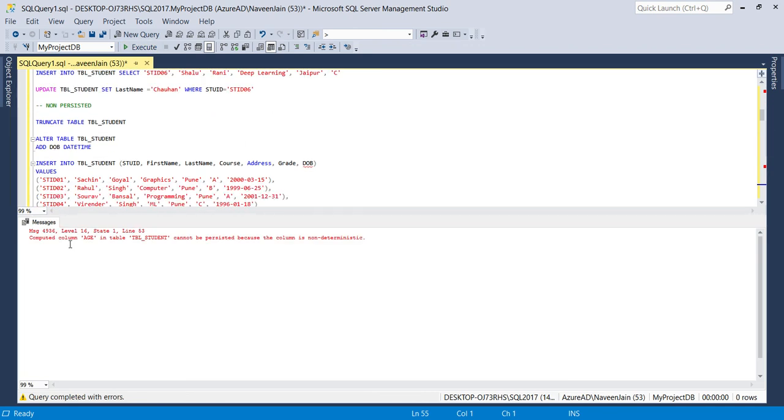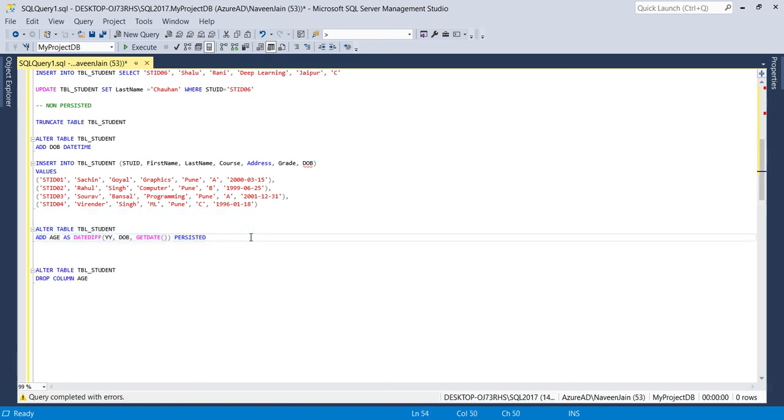It is saying computed column in the table cannot be persisted because the column is non-deterministic, which means this age value gets computed with our current date and time, and this current date and time we cannot store as a physical value. It should be logically stored into the table. So if we remove this persisted from here, then only we can create this computed column.